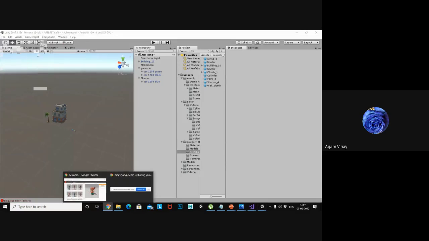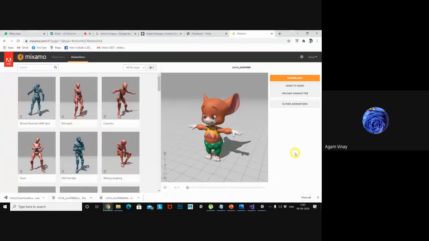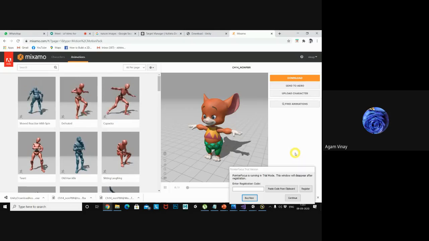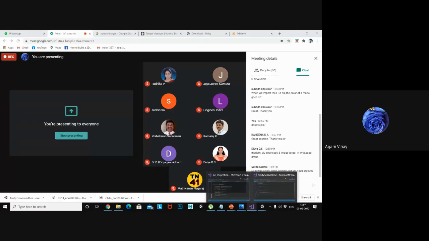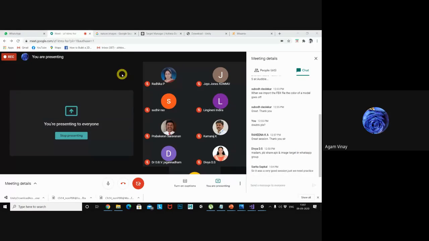So far, from yesterday's class onwards, do you have any AR doubts, timeline animation doubts, animation importing the game object, importing the file, introduction, or interface? Any doubts? If you have, please ask me now. Practice means you can easily practice; just install it and start. Once you start, you will love it.